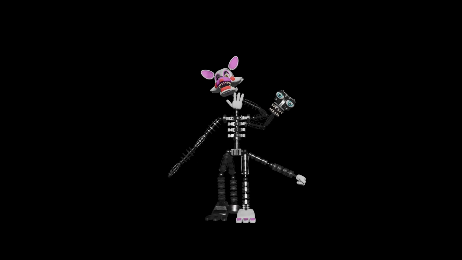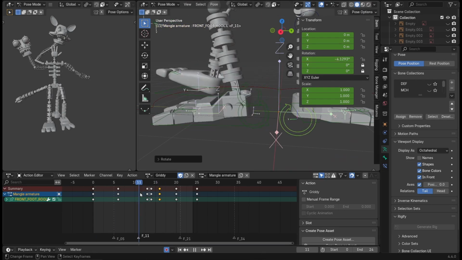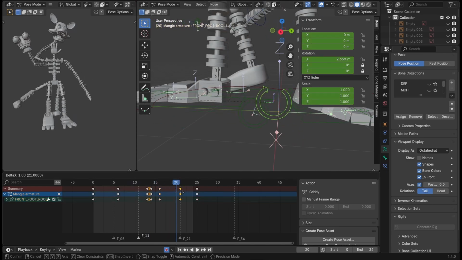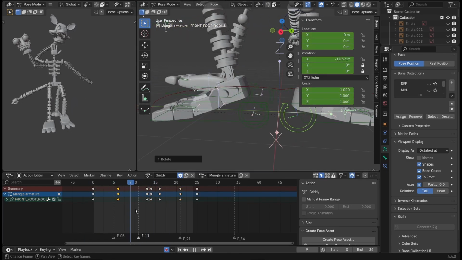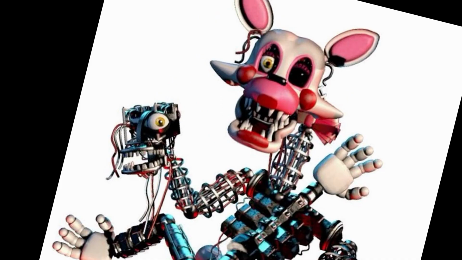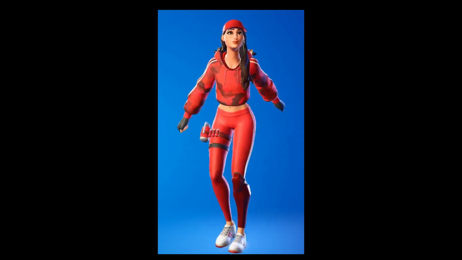the animation. For this I also wanted to deviate from the norm. Everyone will expect some jump scare or Mangle crawling or something else. I wanted not only to be unique, but also to challenge myself, since putting human movement to this is going to be a bit tricky. As to why I chose Gritty out of all dances,